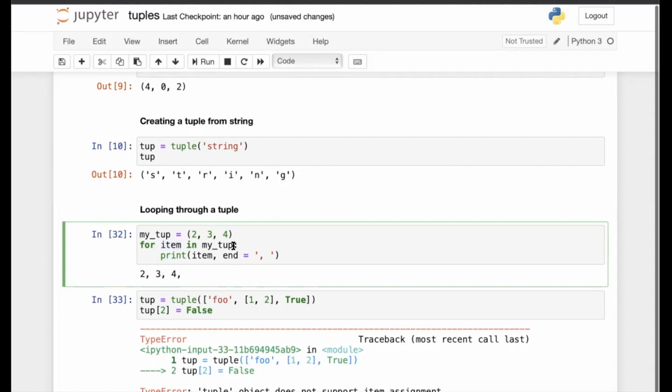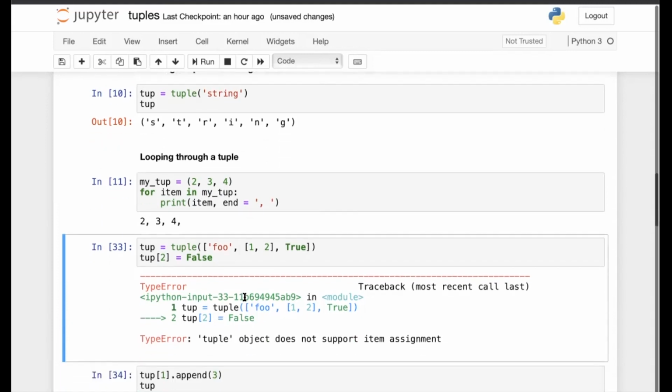The body of the for loop is defined via the colon. After the colon, all the following indented lines form the body of the for loop. And when the indentation ends, the body of the for loop also terminates. So here it is like this. The elements of this tuple, which are these three elements, get printed.